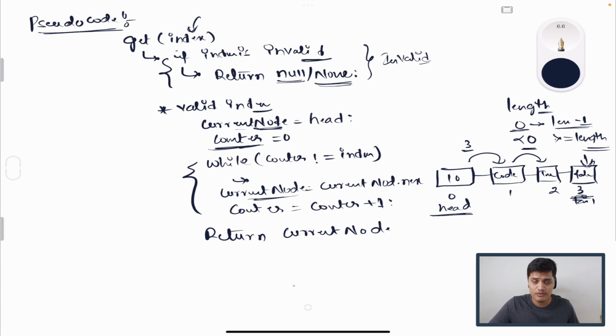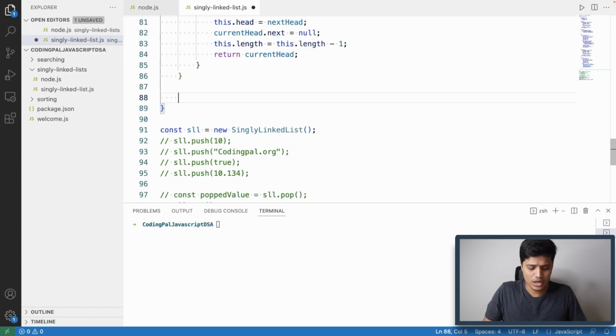Okay, this is how we exactly write the pseudocode for implementing the get functionality on a singly linked list. In the next video, let's try to write the programmatic implementation of it as well. So now inside the singly linked list class that we have written, I will write a function called get, and